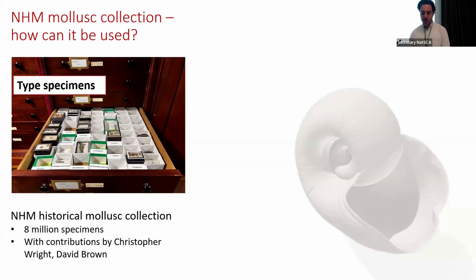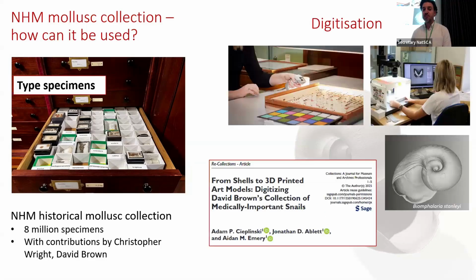So the NHM has a huge collection. It's one of the biggest malacology collections in the world, over 8 million specimens, with contributions by very prominent malacologists. And obviously, our museum, as many other museums, has a big digitization program where different specimens are digitized using different technologies. So we're thinking we can team up with these teams and test different technologies to create